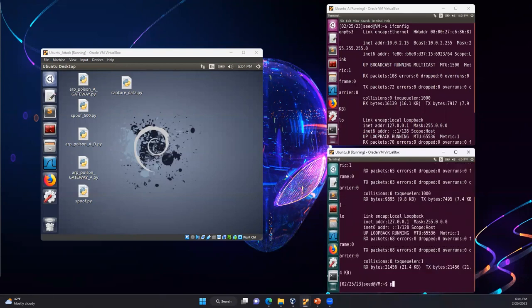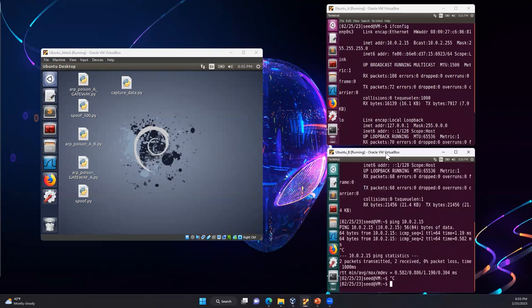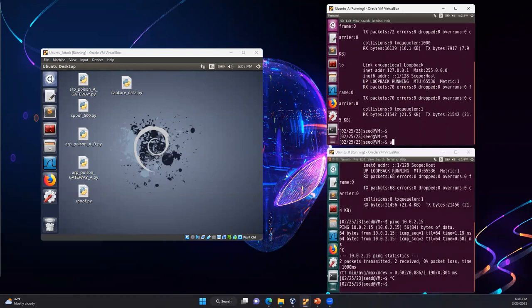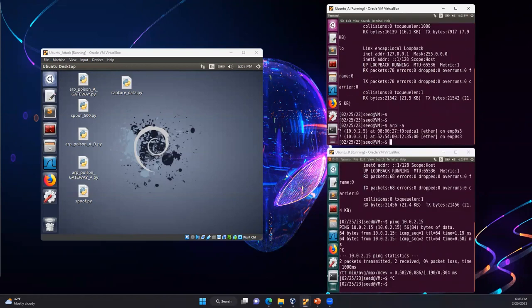If I ping 10.0.2.15, the ping should work. And if I check the ARP cache, the MAC address corresponding to 2.5 is